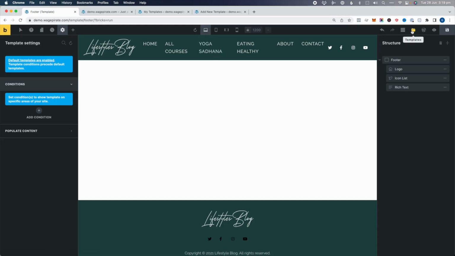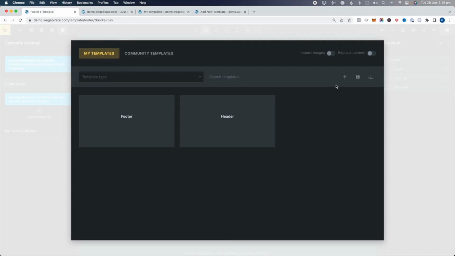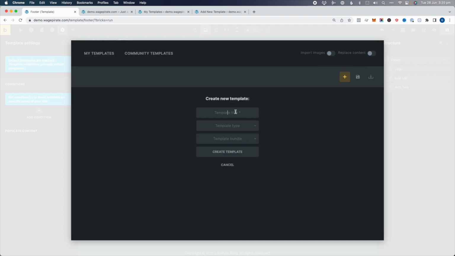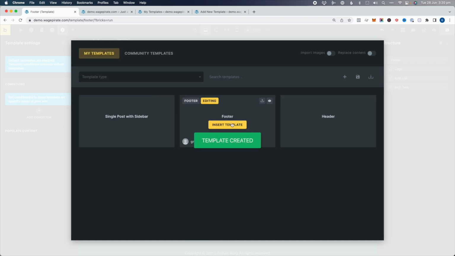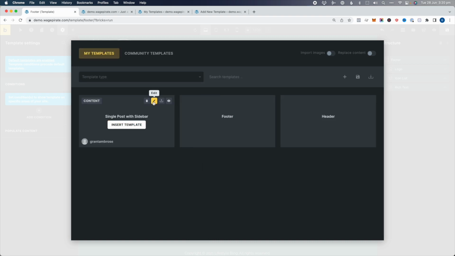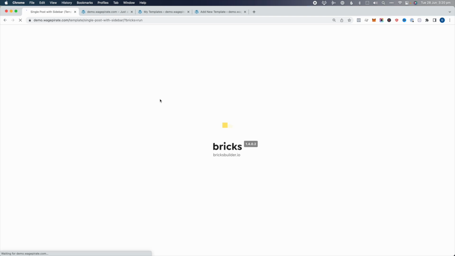So now that we've created the header and the footer, let's go ahead and customize our single post layout. So we could do that again by just going to templates, and then under my templates, we could go create a template and we'll call this posts or single post with sidebar, like that. The template type is going to be a single, and I'm just going to click create template, and there it is there. So I'm going to click to edit it, and then this is going to open up Bricks Builder